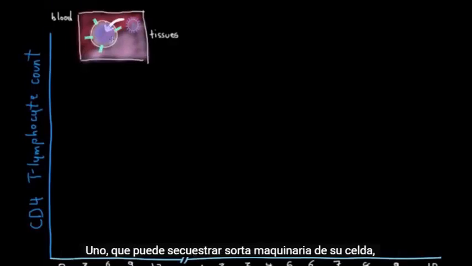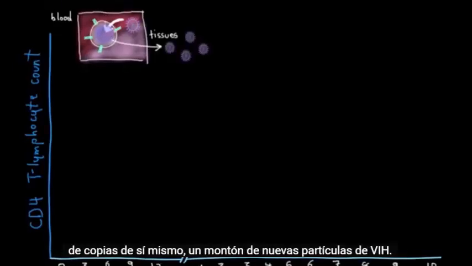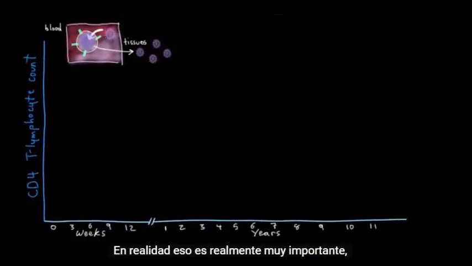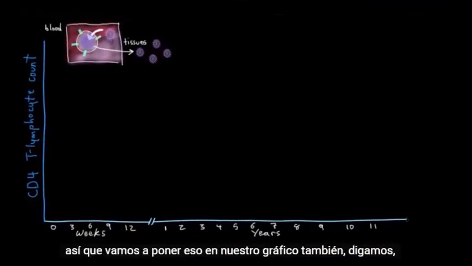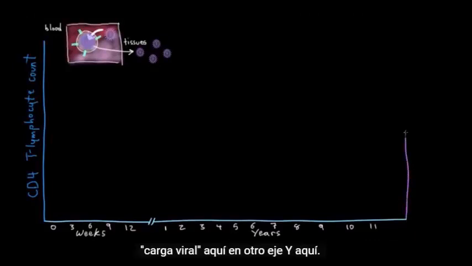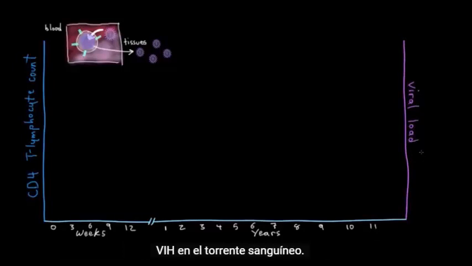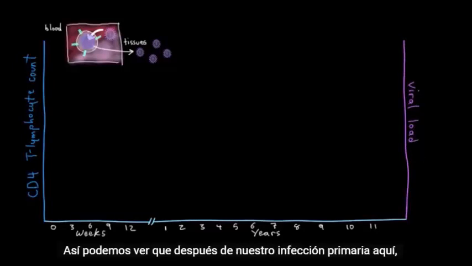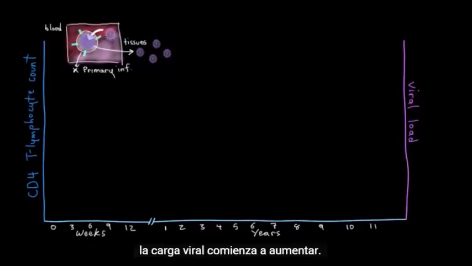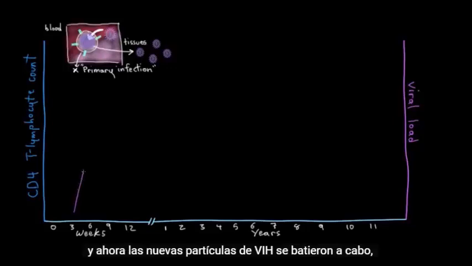And from inside a white blood cell, it can do two things. One, it can sort of hijack your cell's machinery, so it manages to insert its genetic material into your own cell's DNA, and from there it starts to make lots and lots of copies of itself, lots of new HIV particles. Actually, that's really, really important. So let's put that on our graph too. Let's say viral load here on another y-axis. Viral load referring to the amount of HIV in your bloodstream. So we can see that after our primary infection here, the viral load starts to increase. It's hijacked our T helper cells, and now new HIV particles are being churned out,